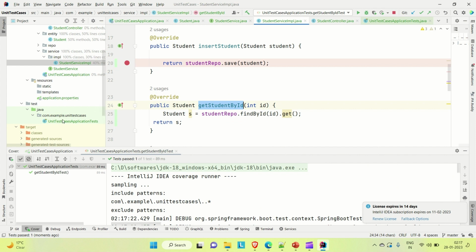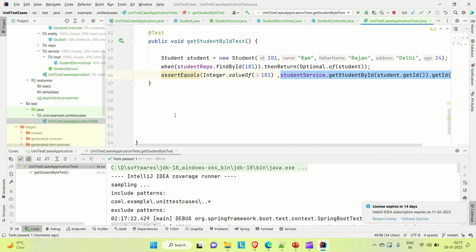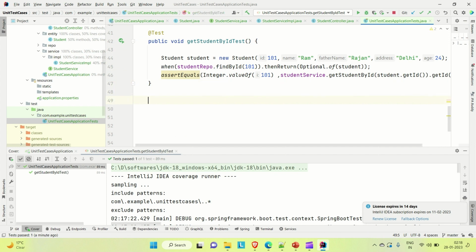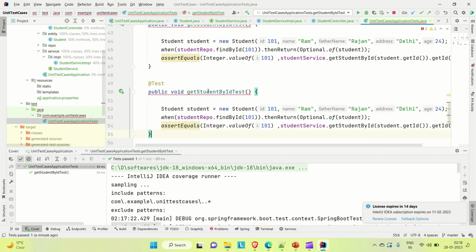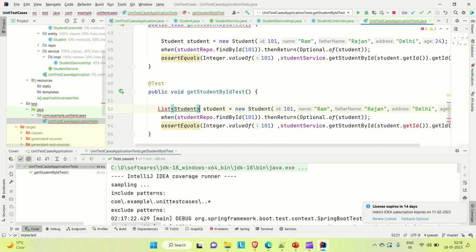So let me try to create the unit test case for the others. So what other methods are there? So it is get all student. Let me try to do that. So come here. For the get all, we need to create a list of student, right? Because it is returning the list of student. So let me try to do that here. List, student list, okay,